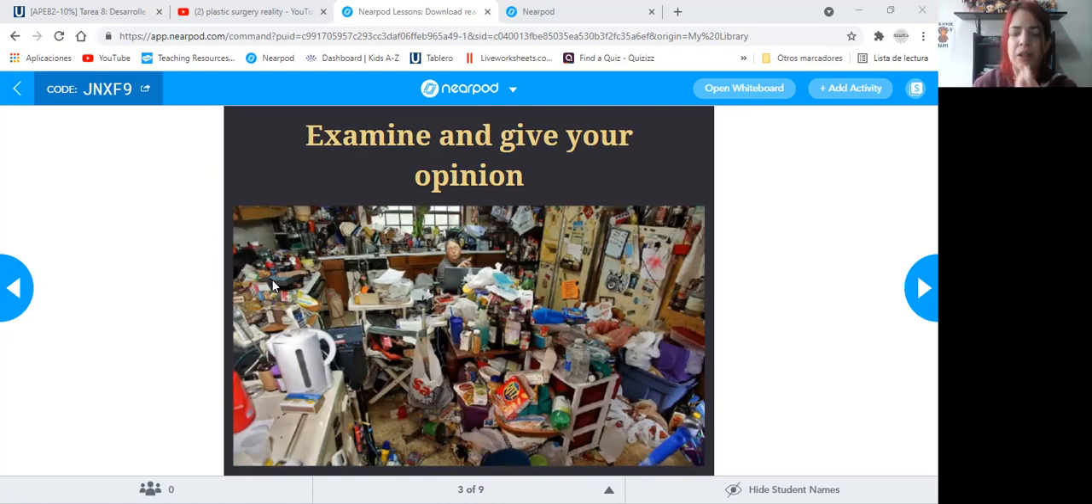Don't worry, you can use a dictionary, look for the definition. When you have many things, a crazy number, a huge amount of things. Accumulation, very good. Hoarder, hoarding is when a person accumulates lots of things, a number of things that a person